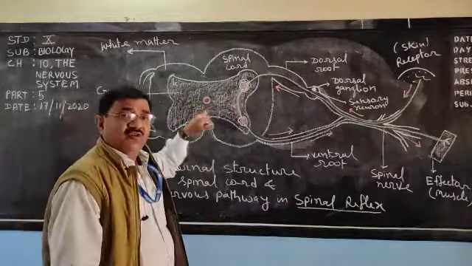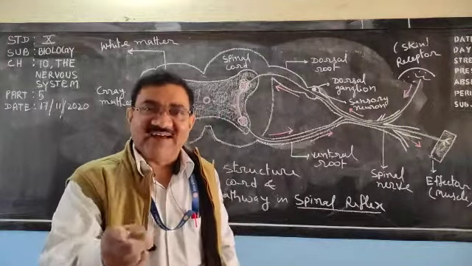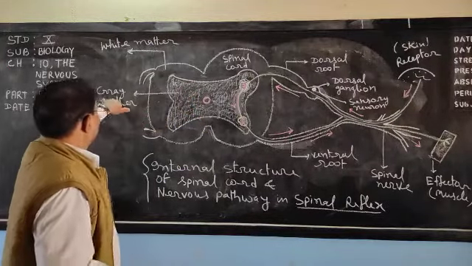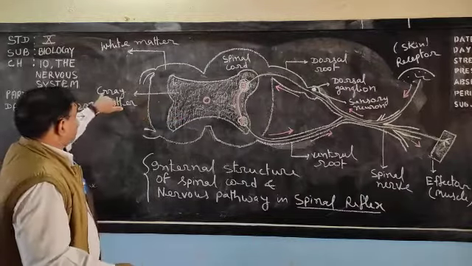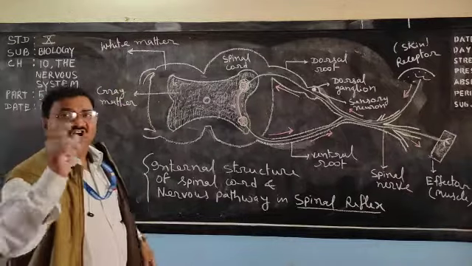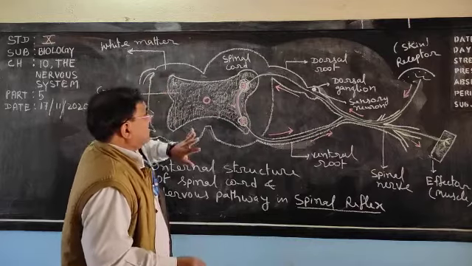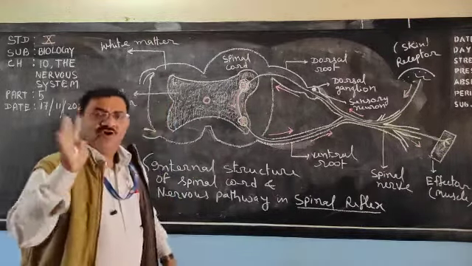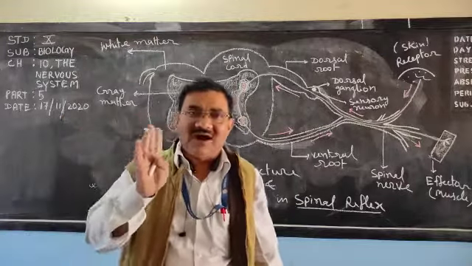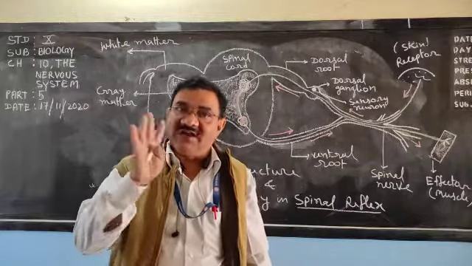And why this matter is grey and white, you know. Which part of the neuron is greyish in color? The cyton, or the cell body. This part contains the cyton, so it is greyish in color, so it is called grey matter. And the axon is white in color, so in a spinal cord this is the white matter. We have discussed the 2 types of neurons. What are the 2 types? They are the sensory neuron and the motor neuron.